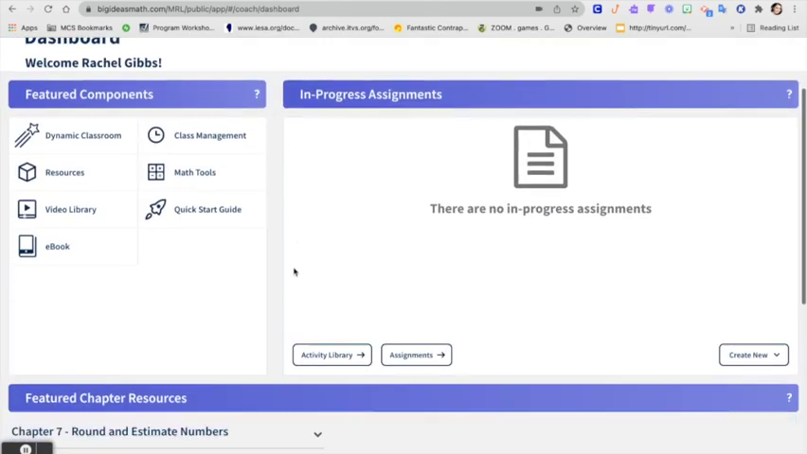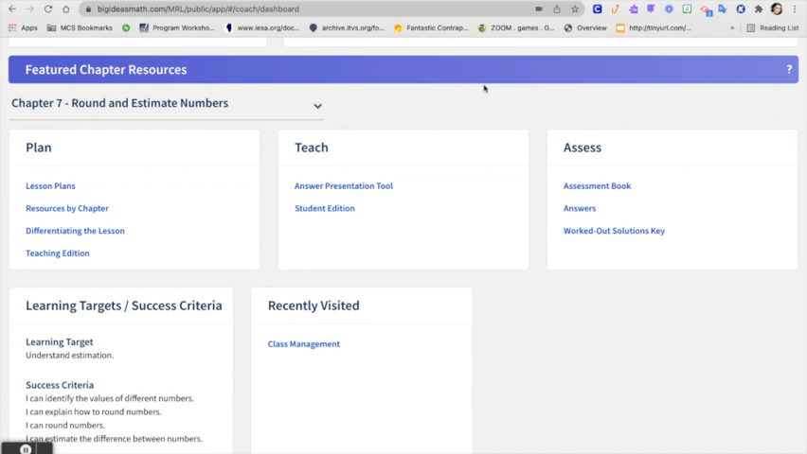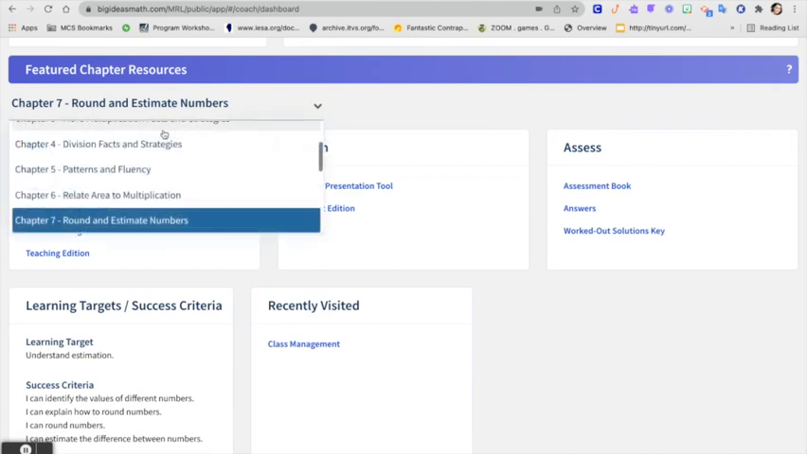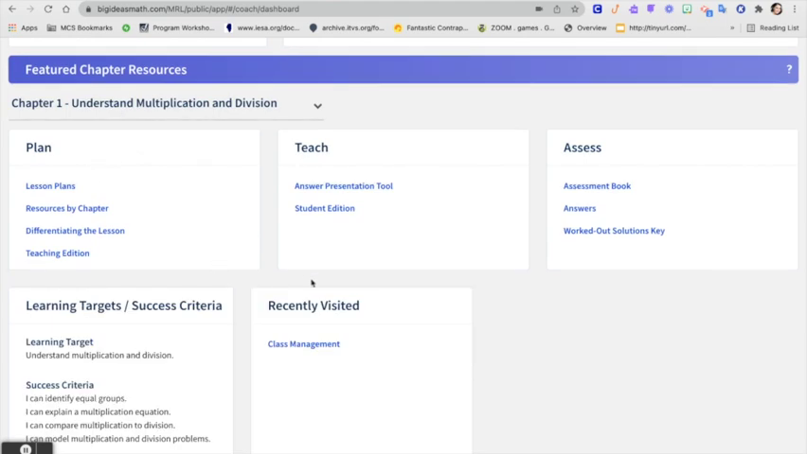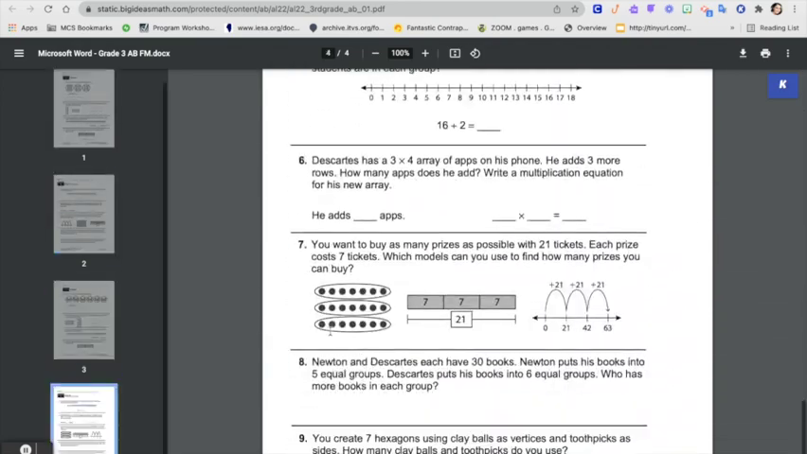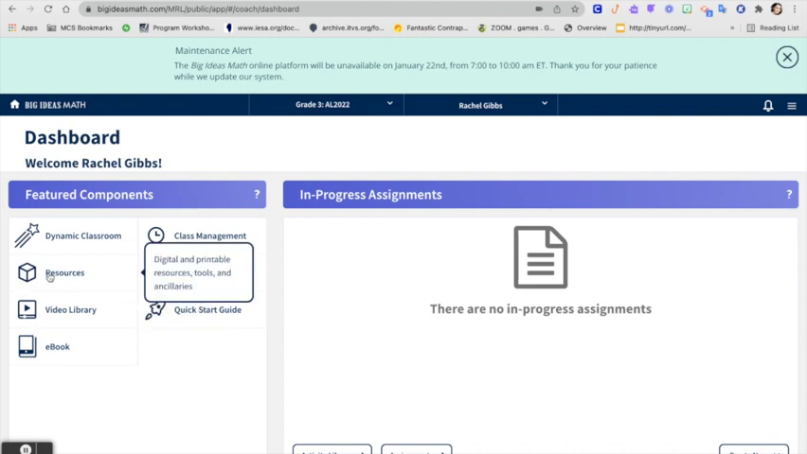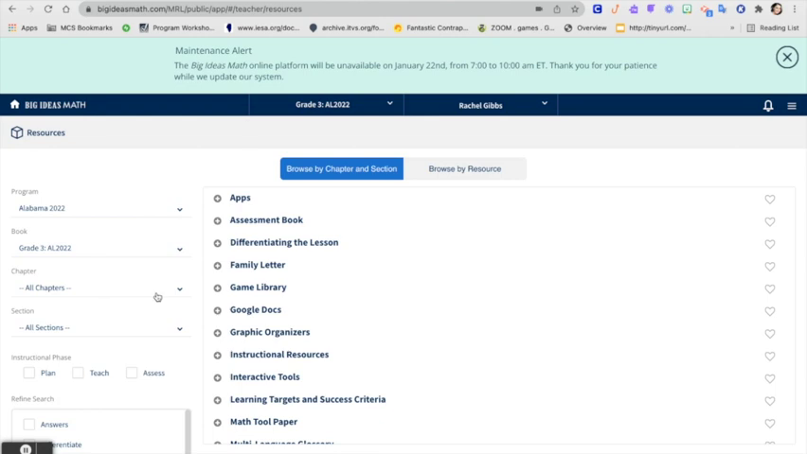You can also access a paper pencil version of the pre-assessment options. I think going into resources is probably the quickest way to access, but they're also down here at the bottom. When you click into any chapter, you can go into the assessment book, and that's going to offer you the test A and test B for any chapter. So you can get to that there. But resources is going to allow you to really get to any of those assessments that you're wanting to use. So when you select resources,